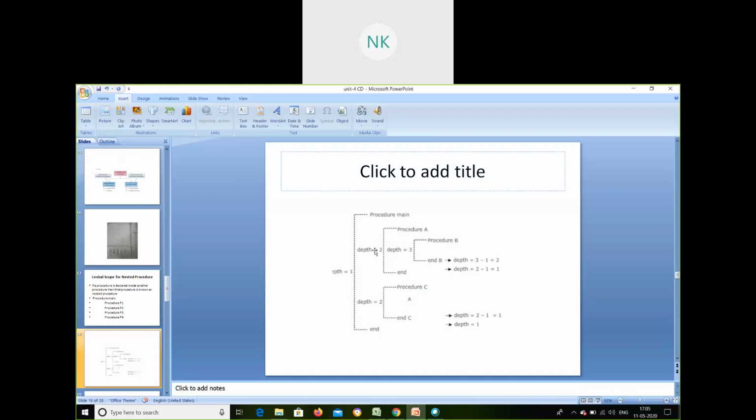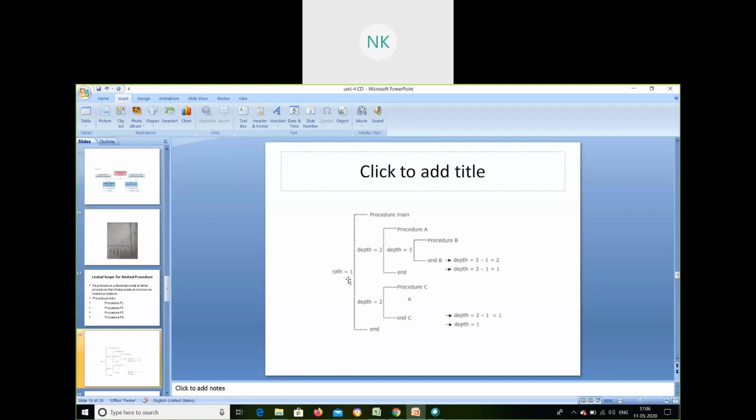So this has to be plus 1 of your main. So main is 1, 1 plus 1, 2 here. Again, for this again, one more. For procedure A, there is one more added. So 2 plus 1 will be your 3. Okay, and for this, it will be added from the parent only. Correct? That is from the main only.